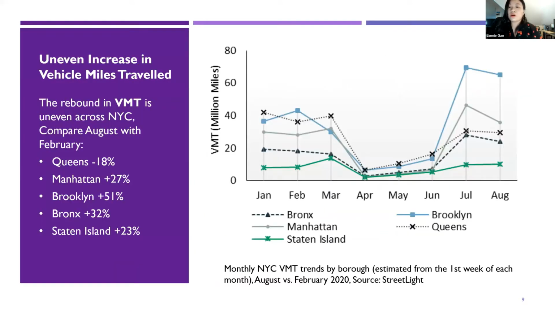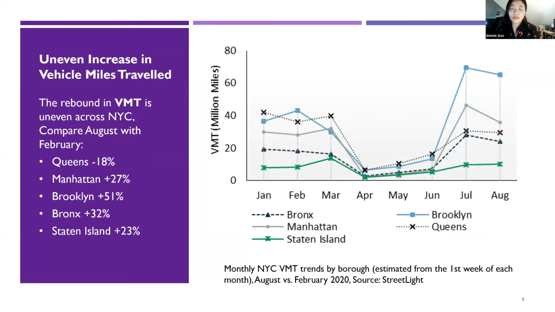First of all, recently what we observe is an uneven increase in the vehicle miles traveled, VMT. And this rebound in VMT is different across New York City in different areas. For example, here you see Manhattan, Brooklyn, Bronx, and Staten Island. In all four boroughs, we see an increase in VMT in August compared with February 2020. However, Queens is still a negative number, still minus 18%, which shows that Queens has a slower rebound